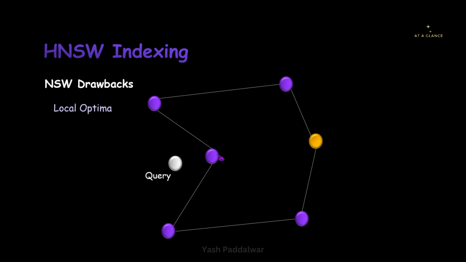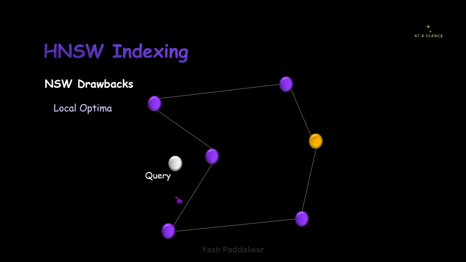Now when we keep this node as the current node, the neighboring nodes will be these two. You can see this node is one neighboring node and this node is another neighboring node. So we'll compute the similarity between this neighboring node and the query vector, and this neighboring node and the query vector. Now obviously by looking at the graph, you can see that the similarity of any of the neighboring nodes with the query vector will be lesser than the similarity between the current node and the query vector.